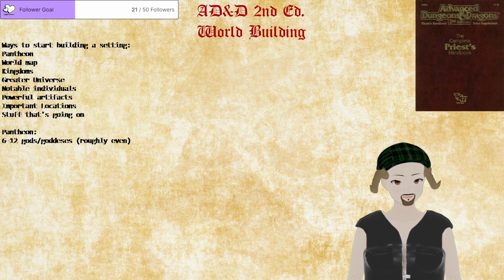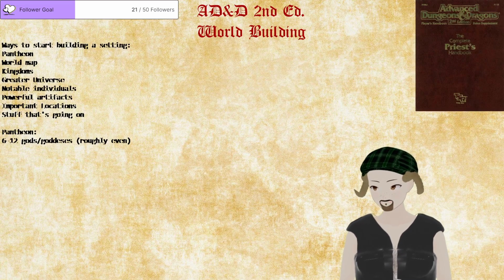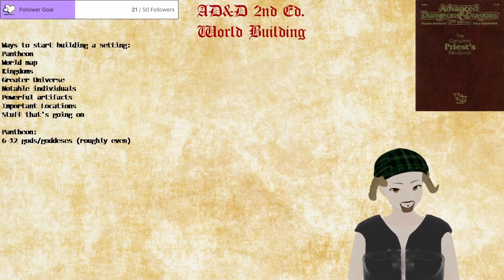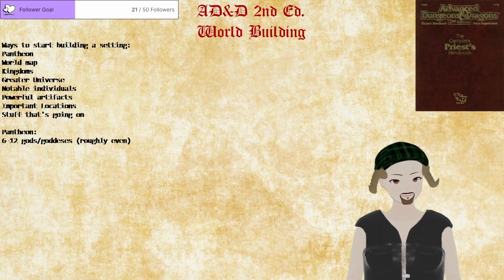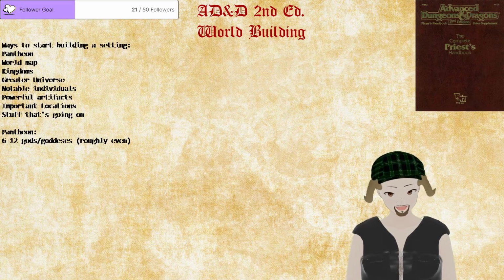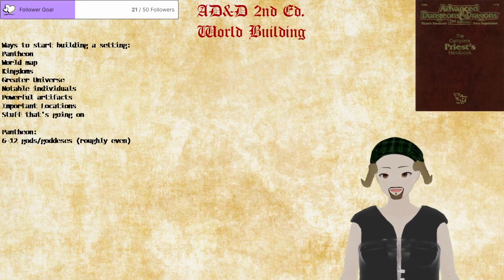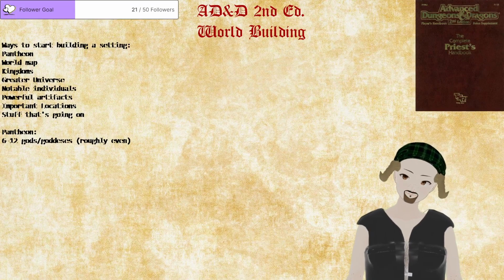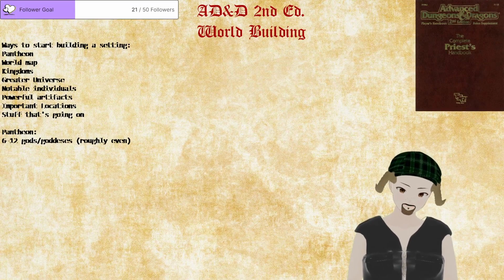These are all very important things for a setting. I will actually have to see if I can get an image of that particular sheet for the next session, because I haven't actually cracked this book open in a while. I just kind of remembered it being real useful in some of the stuff that's in here. All right, so